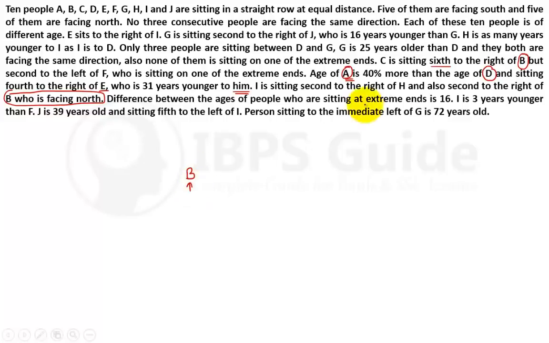And from this line we know that C is sitting 6th to the right of B, means 1 2 3 4 5 6 C. And also C is second to the left of F, who is sitting at the extreme end. If you place the extreme end somewhere here, which is not possible, friends, because from this F and C we can't say that C is second to the left of F. Not possible. We can only say this when F is somewhere here and F's direction is north, then only second to the left